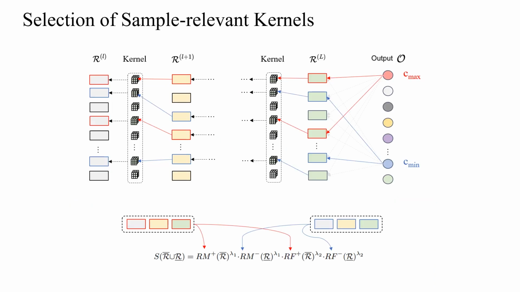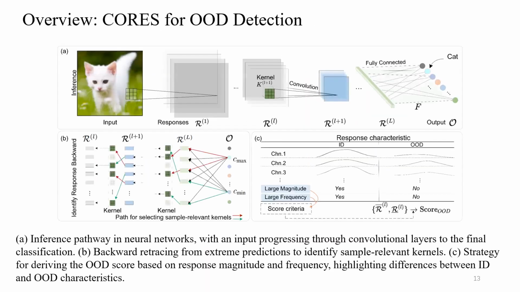Ultimately, leveraging responses from the sample-relevant kernels, we establish a revised OD score for the pertinent layer. Let's look at an overview of our CORES framework. Our approach consists of two key steps. First, backward retracing from extreme prediction to identify sample-relevant kernels. Second, the OD score is derived from the response magnitude and frequency from these kernels, highlighting the differences between ID